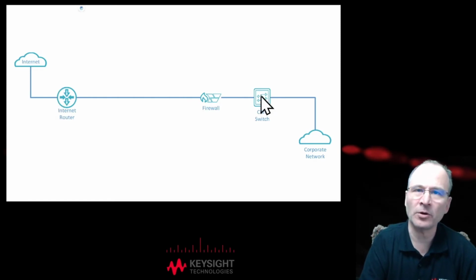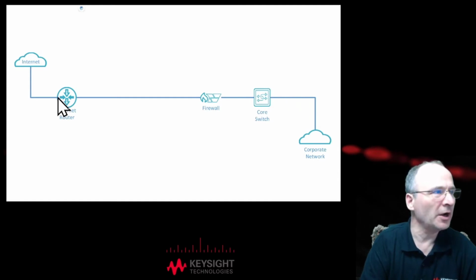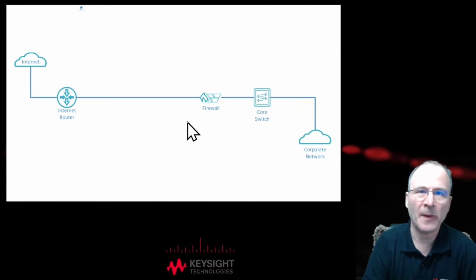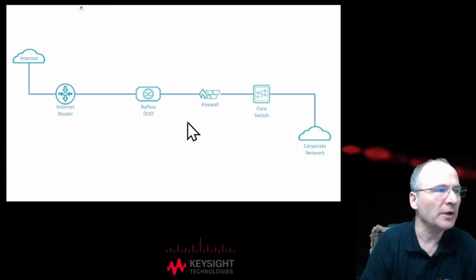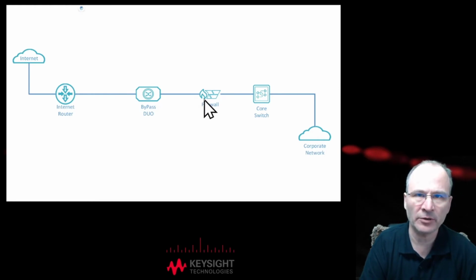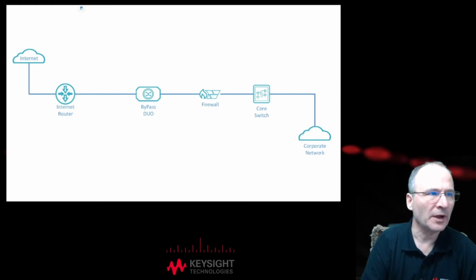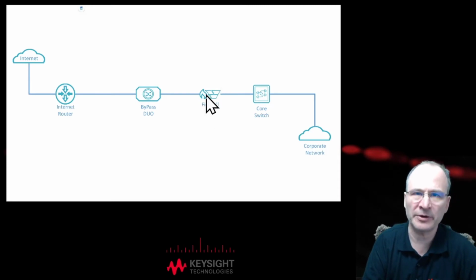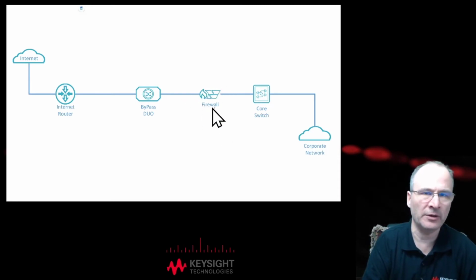Internet router, firewall, core switch, and corporate network. Doesn't get much simpler than that. The first thing we'll do in this network is insert the bypass Duo into the network. That's breaking this link, taking an outage momentarily while we hook up the cables of the bypass Duo, and get it in tap mode only so the data is just passing through it like any other bump on the wire. And then once you're done, you check your firewall, make sure things are running fine, and then we move forward